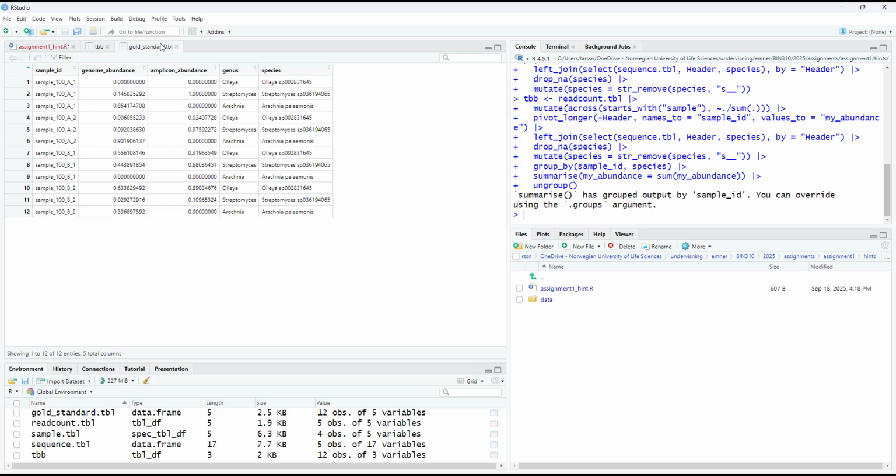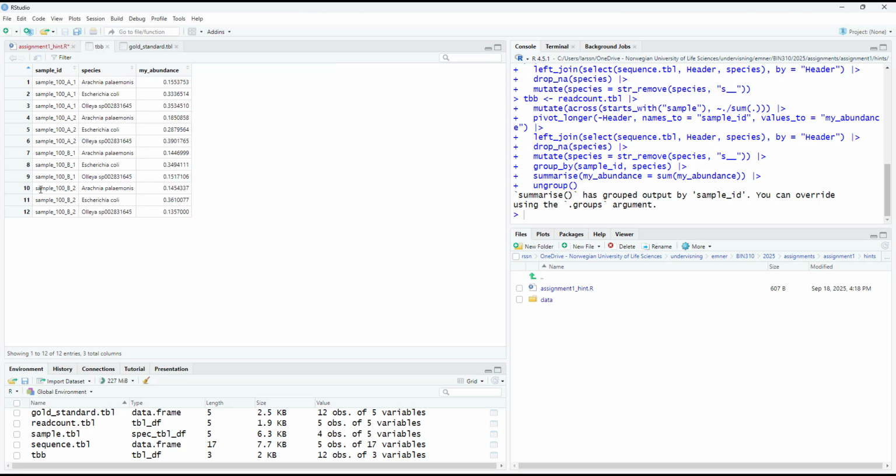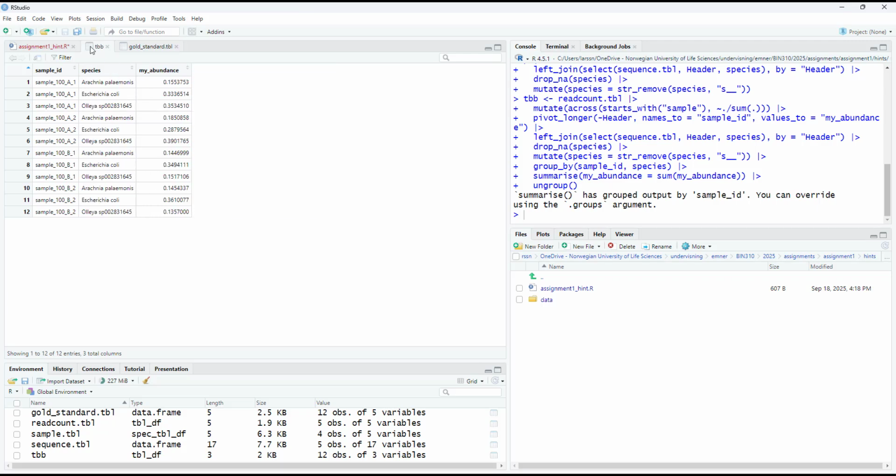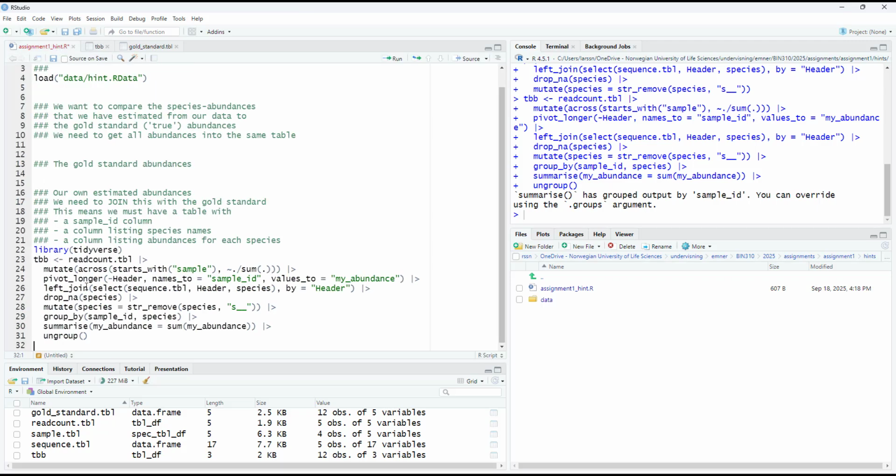And if we compare this to the gold standard, we have exactly the 3 columns we need: the sample ID, species, that we also have here, sample ID and species, and we have this my abundance. So if we now just full join with this gold standard